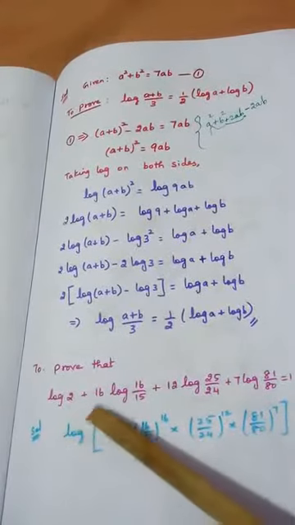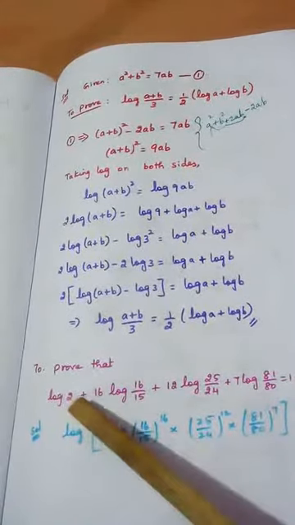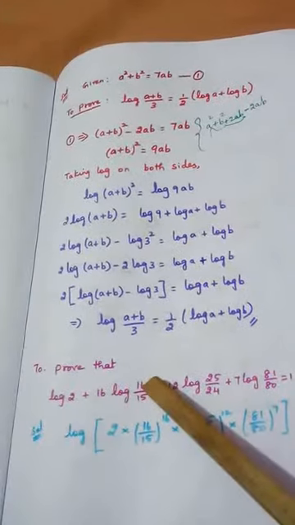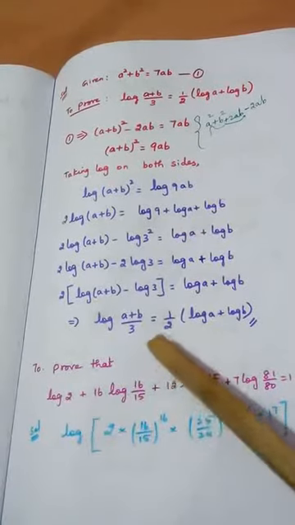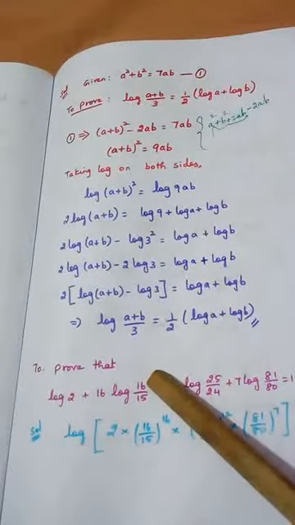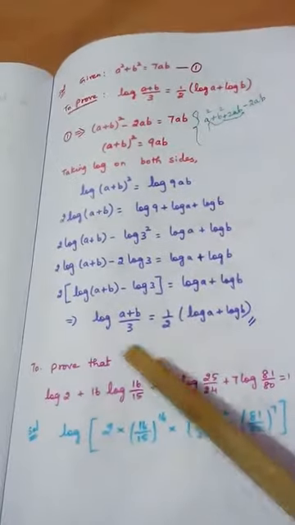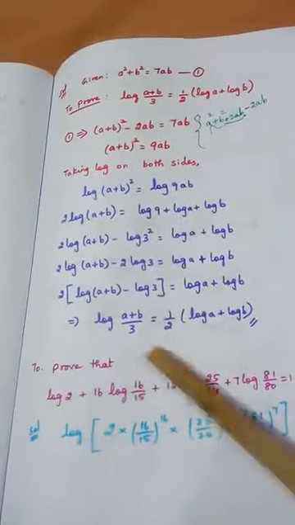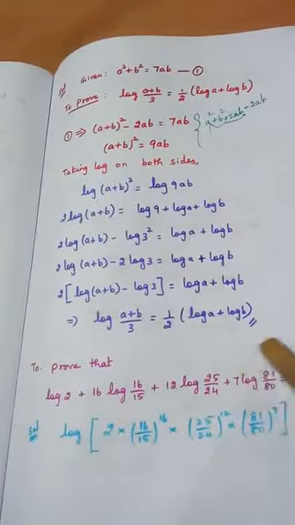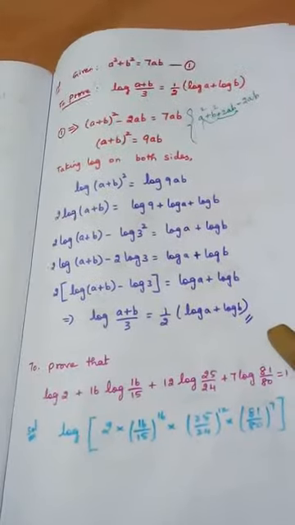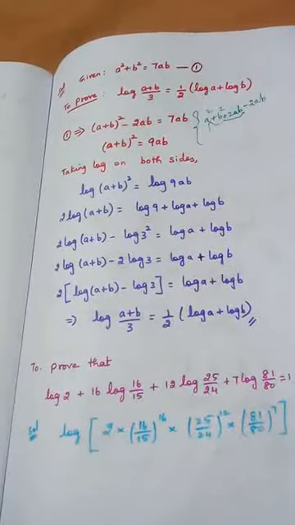So first I am going to write log and then multiply all the numbers. 2 into, see, 16 can be taken to the power using the power rule; power can be brought forward, and even the front number can be taken to the power also. In both ways we can use the result. So if I take 16 here, what will happen? 16 by 15 to the power 16, it will come like that. Similarly 12: 25 by 24 to the power of 12. 7: if I take this to here, 81 by 80 to the power of 7, right? So that is what I have written here.